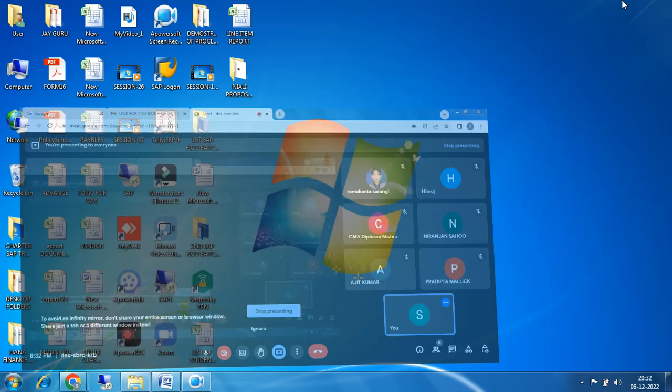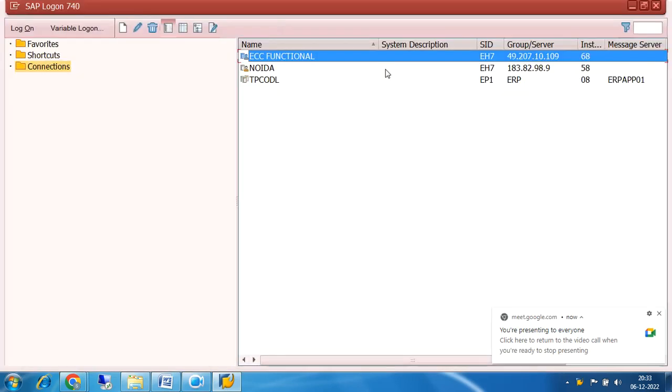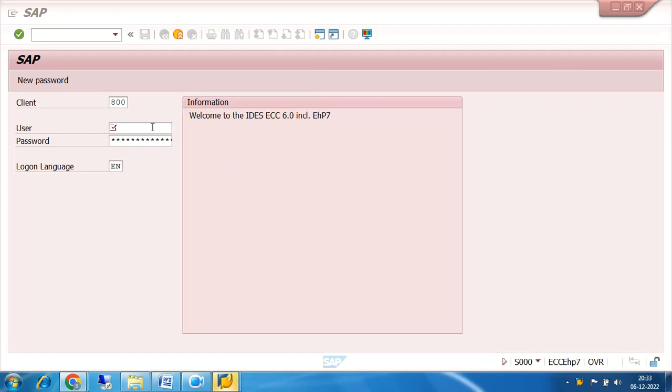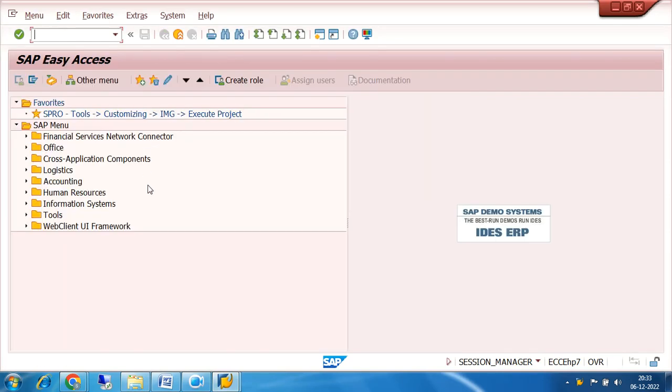Okay, fine. I have shared the screen and now I am starting the SAP. My SAP screen is visible to all of you? Yes, sir. Okay, fine. So in the last class I have extensively discussed what is subsidiary ledger, what is reconciliation